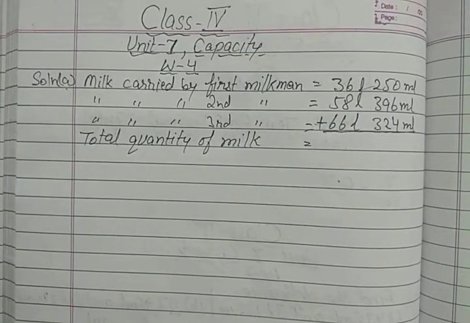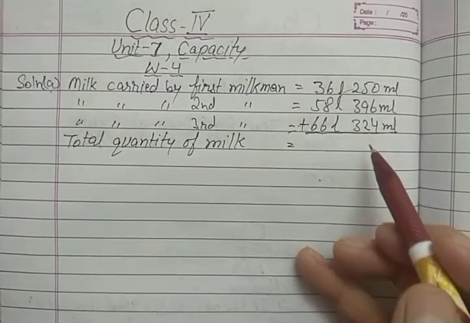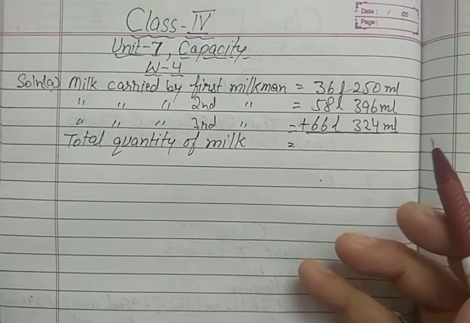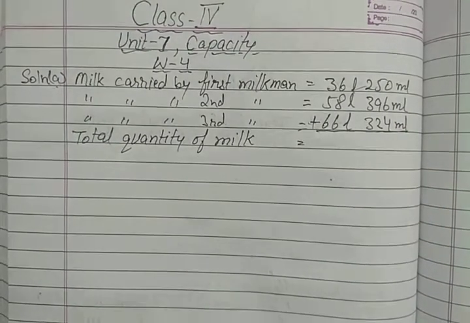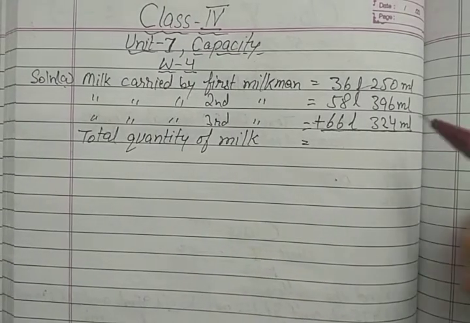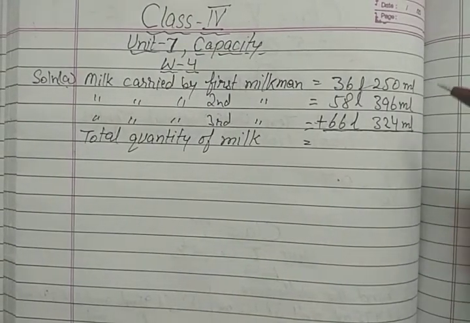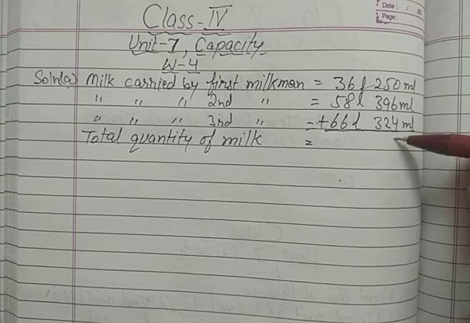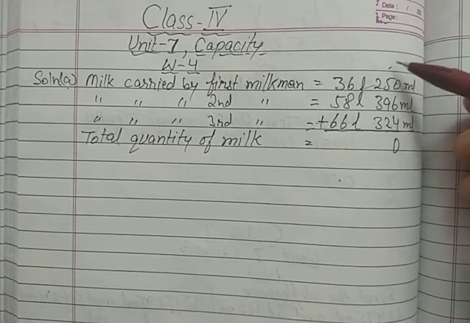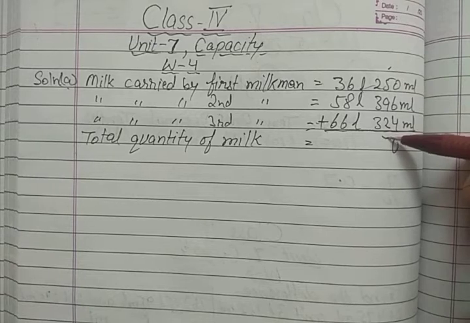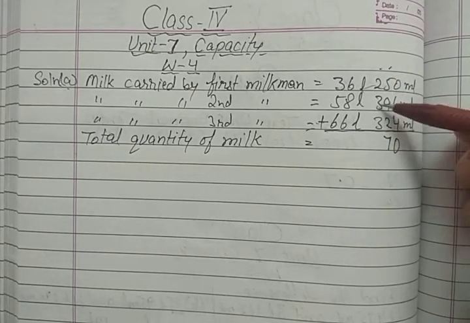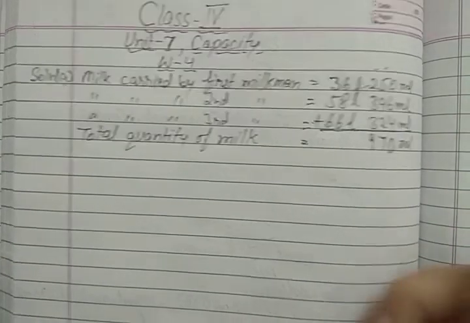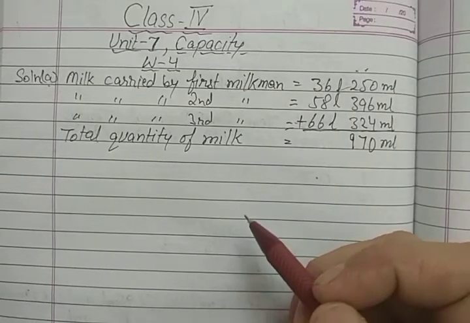So to find the total we have to add. So add them. You know how to add. If the sum of the milliliters is more than or equal to 1000, then we have to convert it into liters and milliliters, otherwise we will add them directly. So it is 6 plus 4 is 10, 1, 9 plus 1 is 10, plus 5 is 15, 16, 17, carry over 1, 6, 7, 8, 9. So 970, less than 1000. There is no need to convert into liters and milliliters.